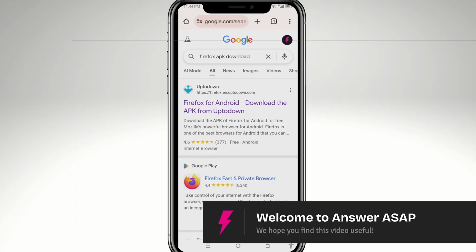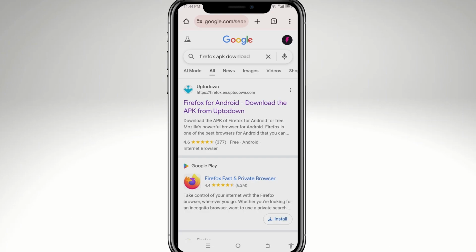In today's video, we are going to show you how to safely download and install the Firefox APK on your Android device. Let's begin. Now, first of all, you need to open your browser on your Android phone and type